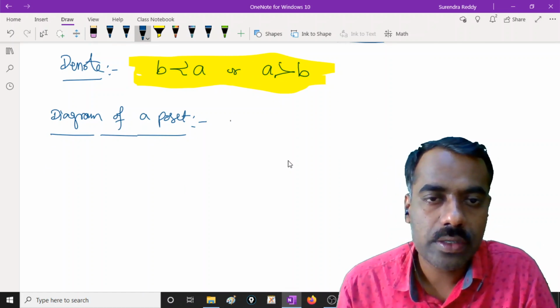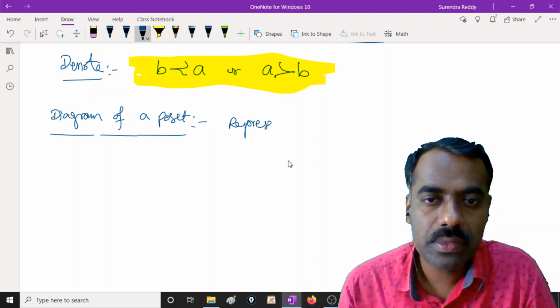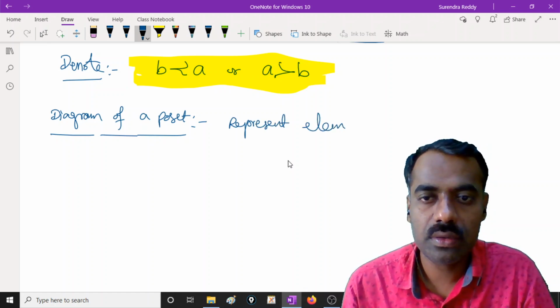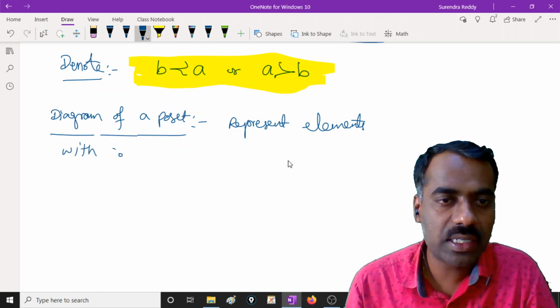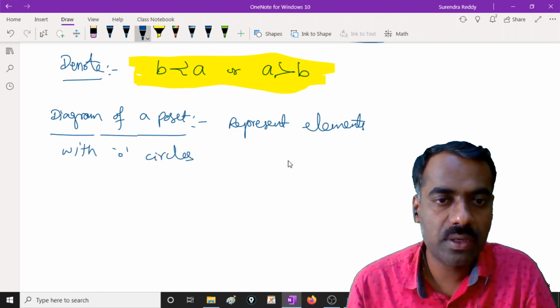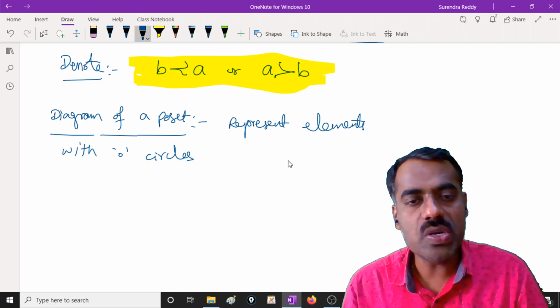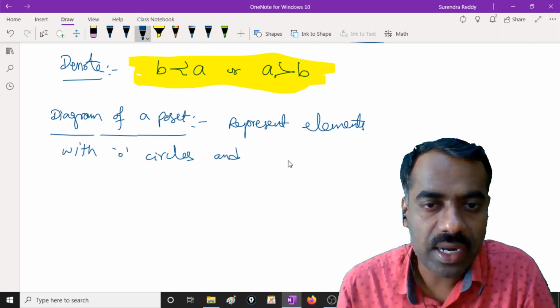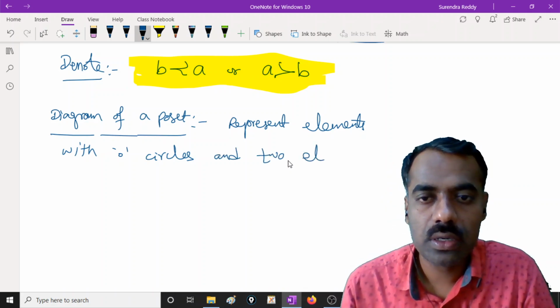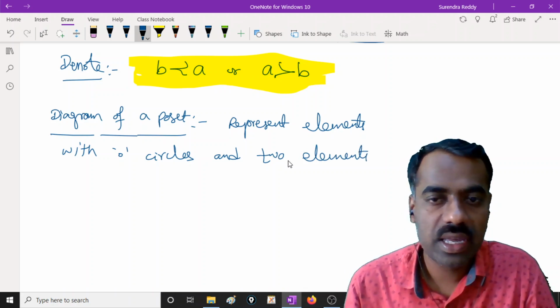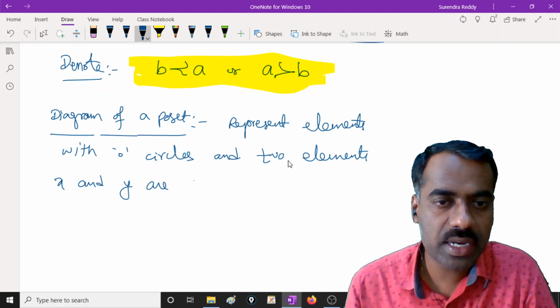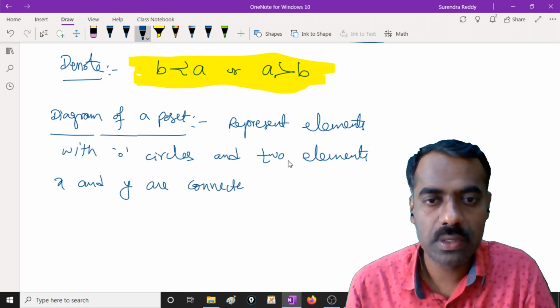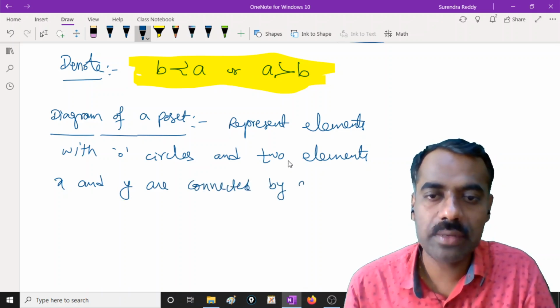Okay, so represent elements with some small circles, and any two elements X and Y are connected, say, by a straight line,